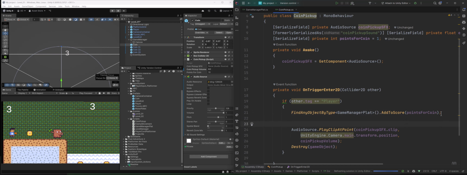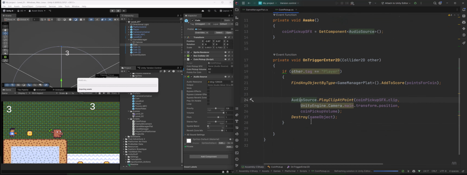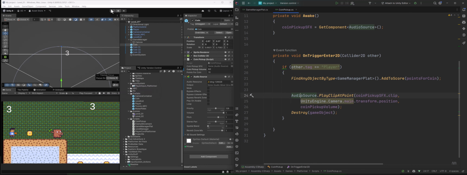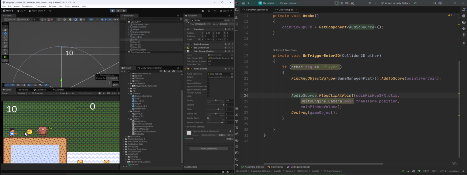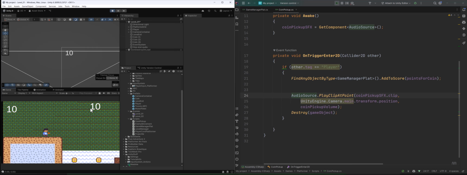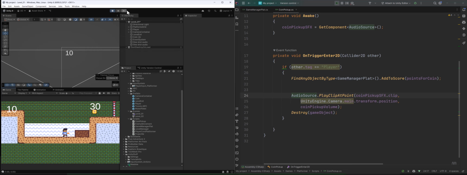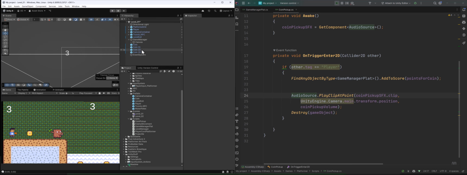And so now every time we hit it, it's going to add a point for the coin, and then it's going to play a sound and do all that good stuff. Let's test that. So I'm going to zap this tree guy here. Oh, looks like we have a collider on that. Then I'm going to select it. You can see we got 10, 20, 30. And the reason why it did that is because it registered